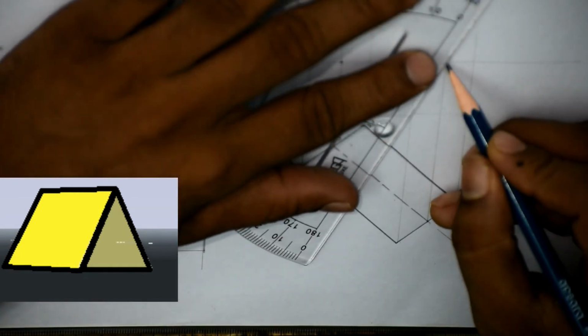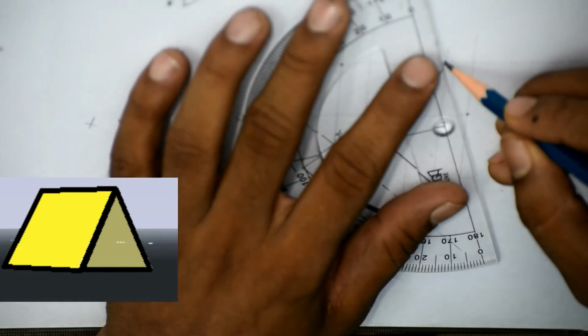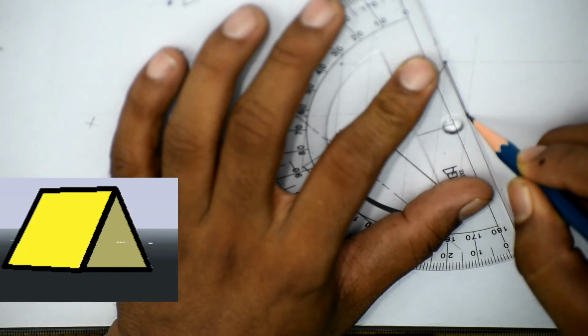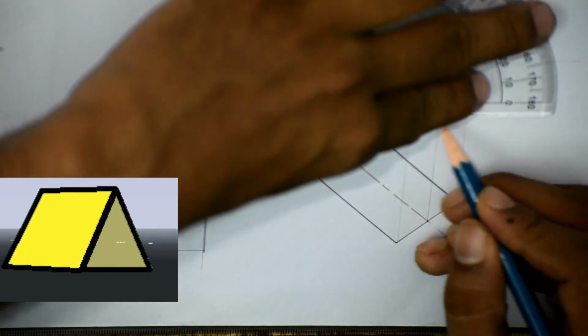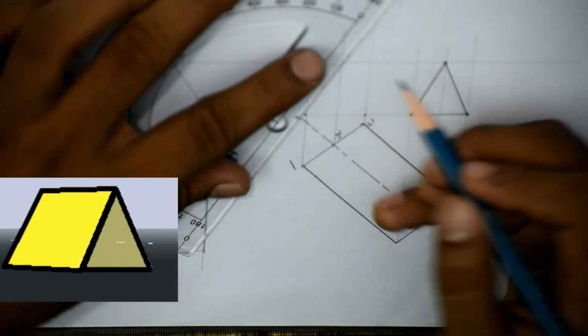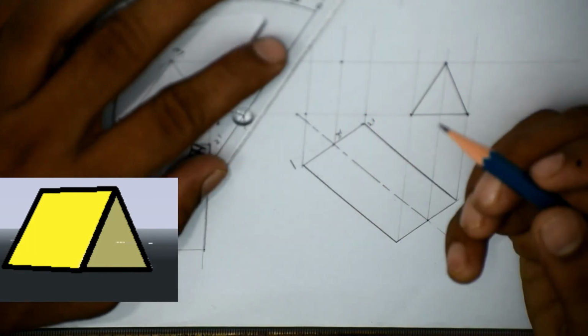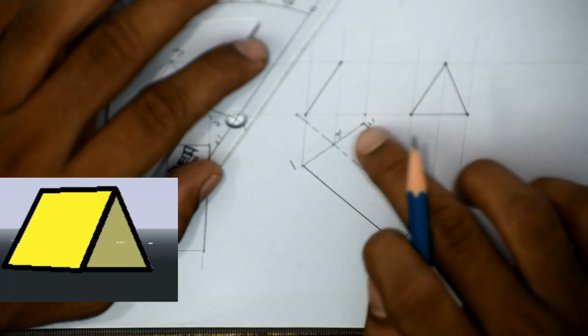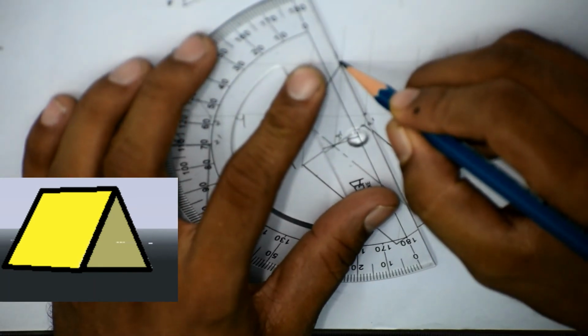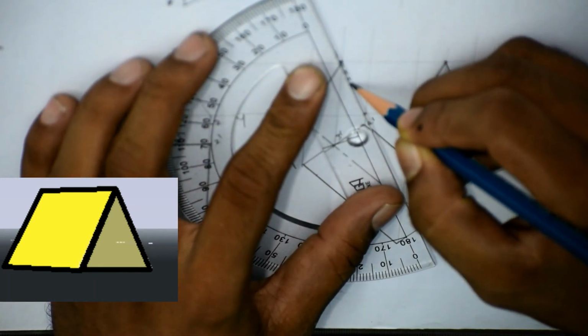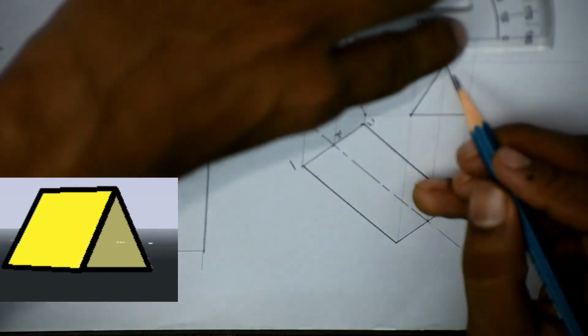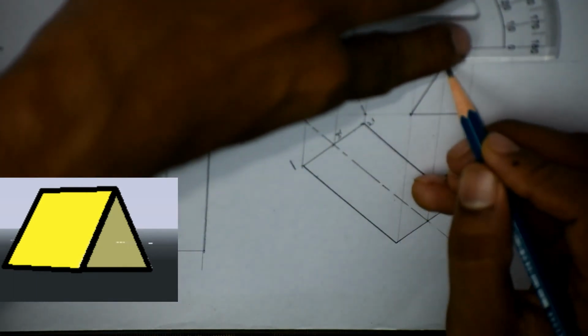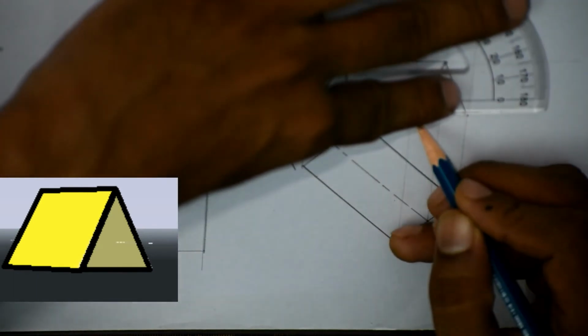So this portion is visible from the front. So this will come completely, and one of these edges is visible but not the other one, because this is behind. So we need to draw this with dotted lines, and then we can join this figure.